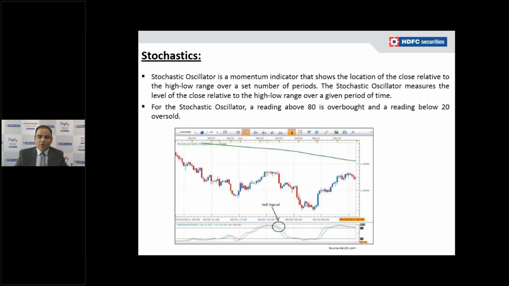Similarly, stochastic also moves in a range. You can see stochastic showing negative crossovers. This initial line of the stochastic cuts below this signal line. It's a negative crossover. When this initial line of the stochastic cuts above from its lower level, it's a bullish crossover signal where you can generate a trading signal. You can generate long and short signals.